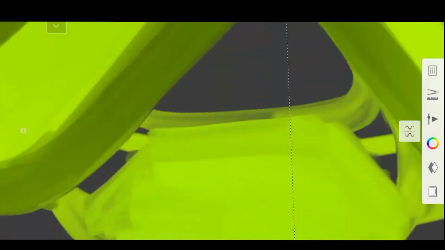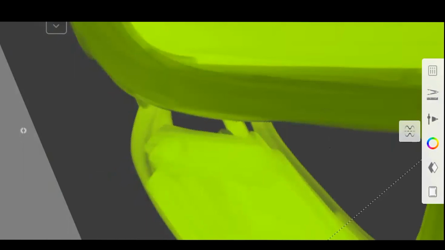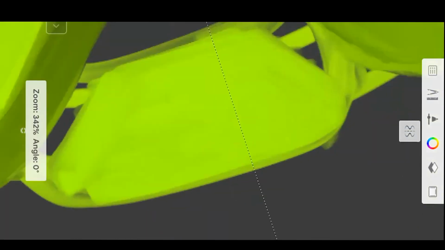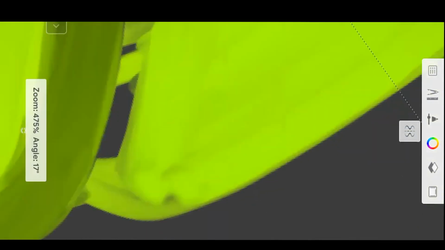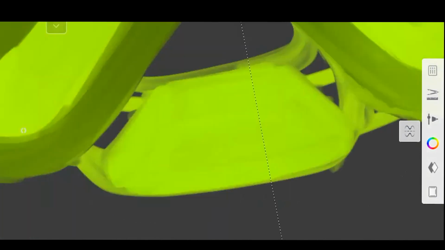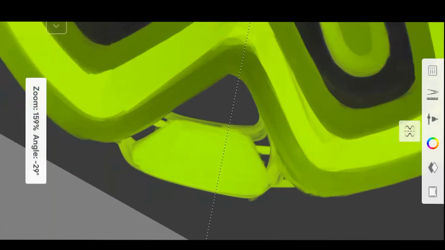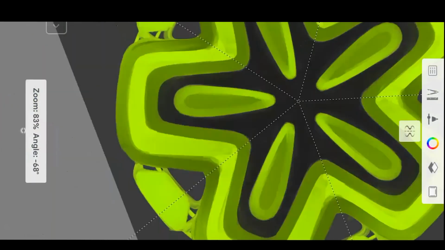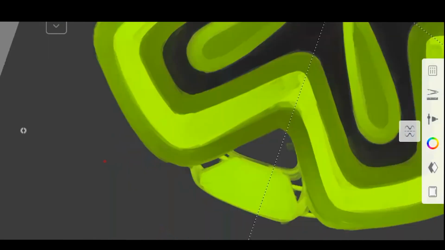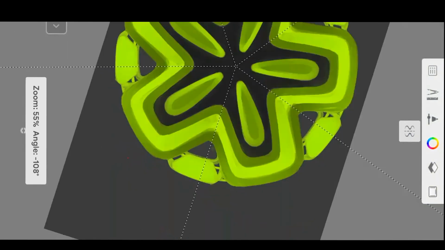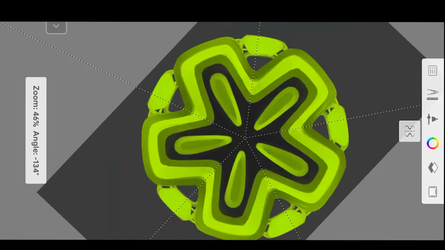So as you can see, in just a couple of seconds, I can create the basic shape. And the symmetry tool is helpful because if we don't use the symmetry tool, then we have to work on different parts separately, and that will be a very time-consuming process.